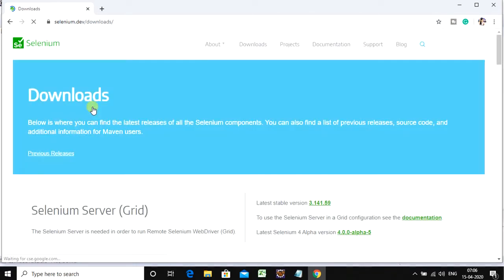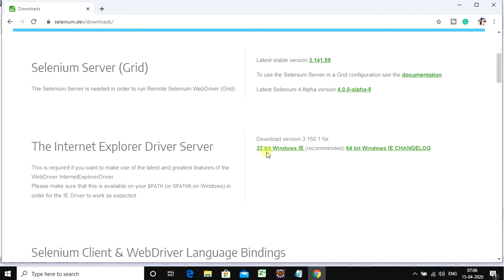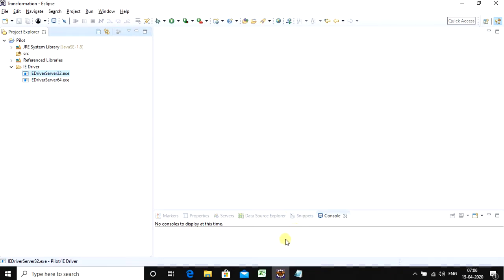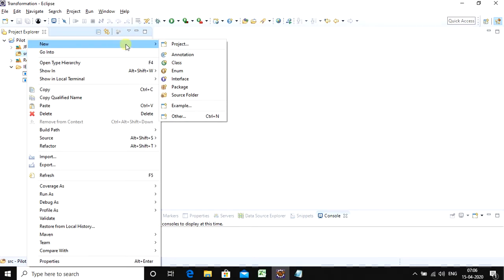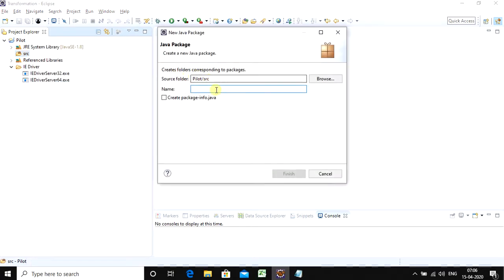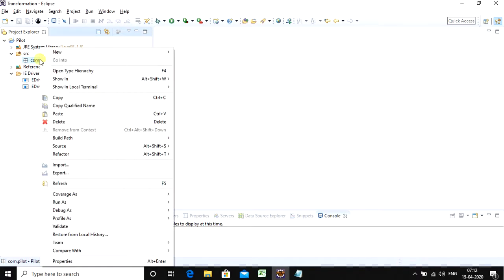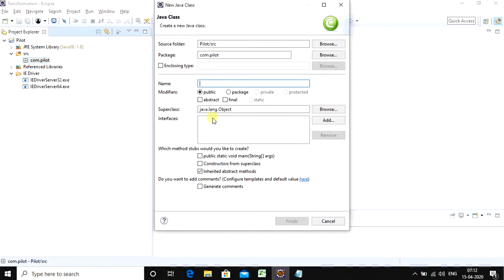Whenever I am using the 64-bit .exe file, the input fields take more time to enter the text. So I am using the 32-bit .exe driver. Now we'll create a package with the name com.pilot.